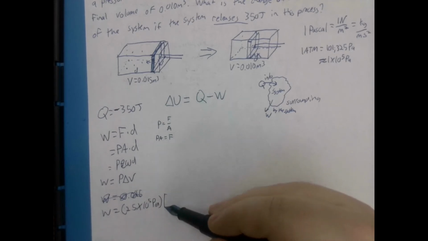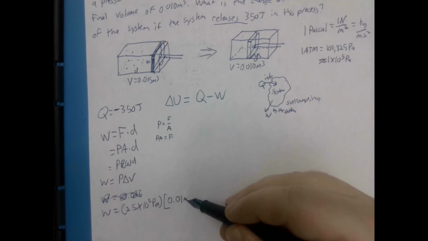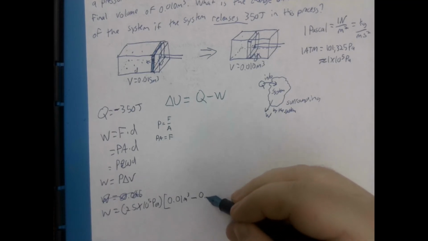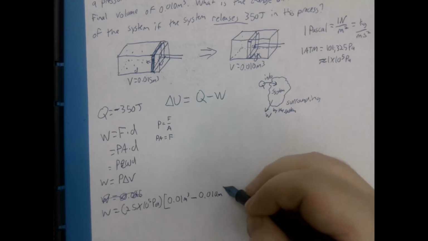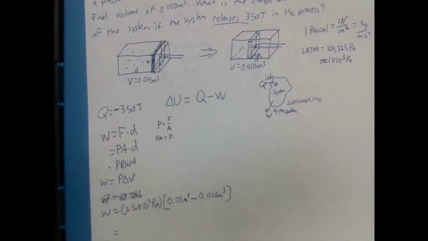And our change in volume is final, 0.01 cubic meters, minus initial, 0.01 cubic meters. So our total work done by the system into the system,